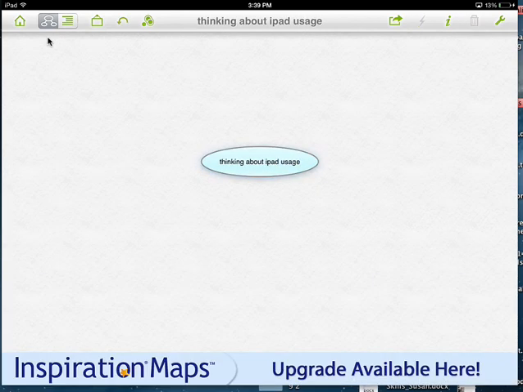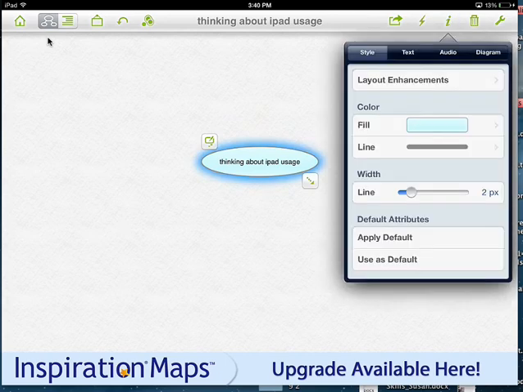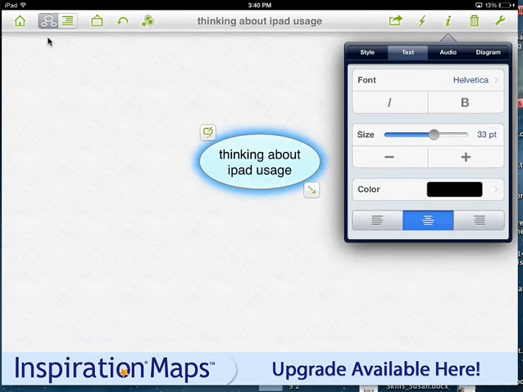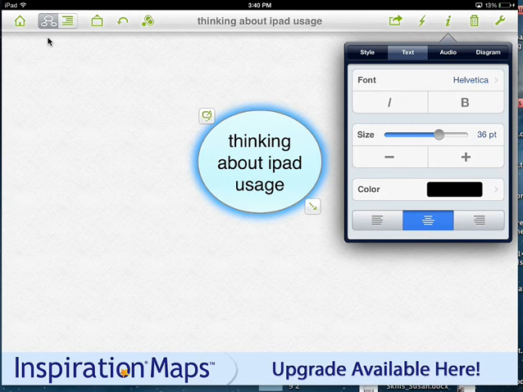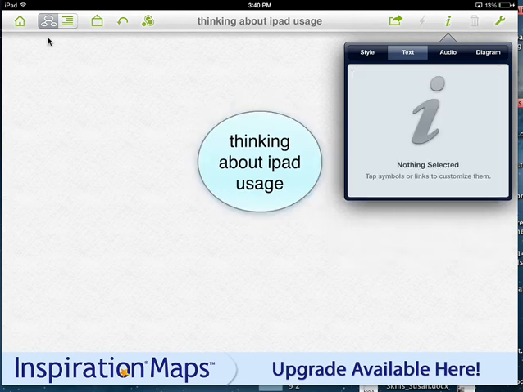I want to be able to see that better and want you to see it better. So I'll click once on it and I'll go up to I for inspector, and I will change the text size to be bigger. And I've got my first symbol, my first bubble in what's going to be sometimes called